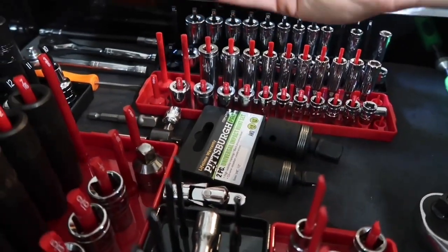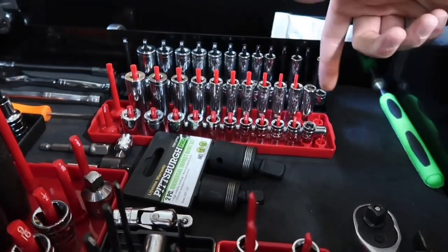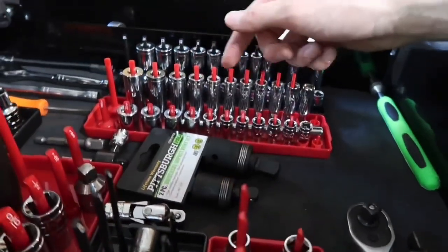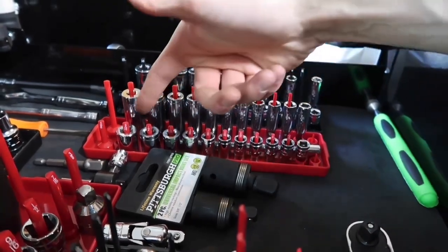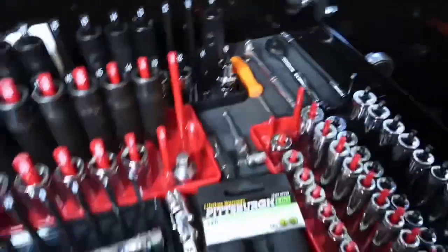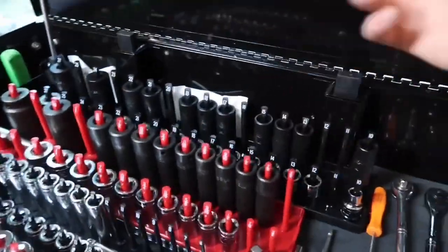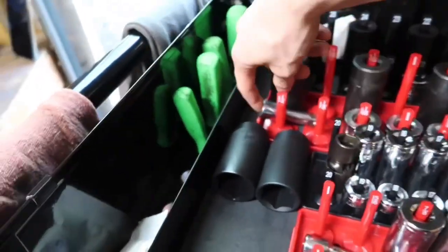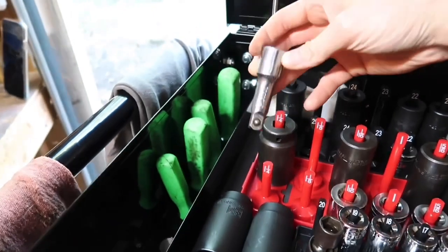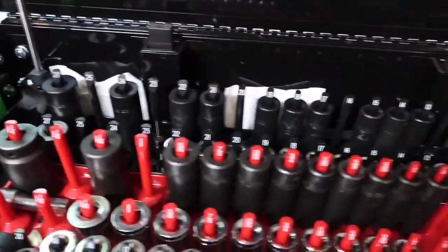Shorts, this is a Stanley, Harts, standard, Harts, shorts, standard. So yeah, basically for the most part all Harts and a few Craftsman, Pittsburgh. Then just got, what is that, like a 3-inch extension. And then